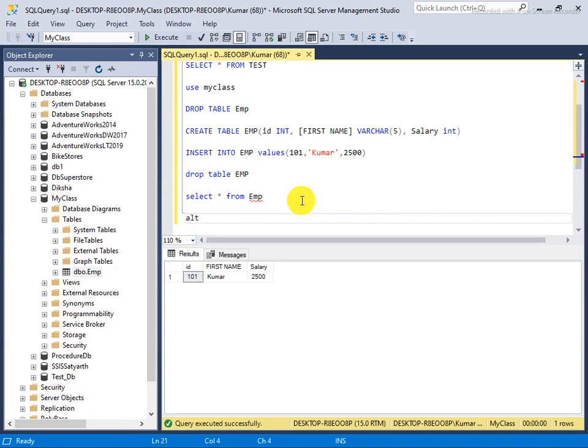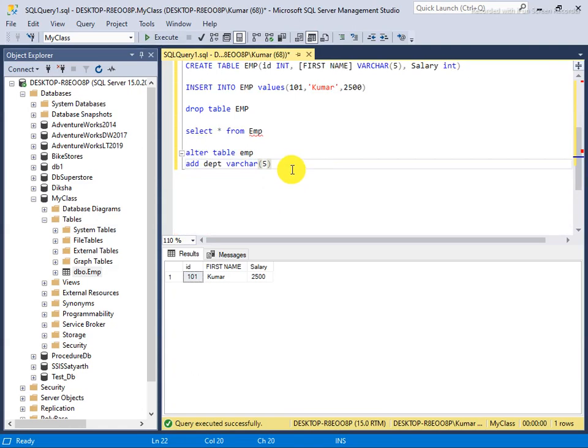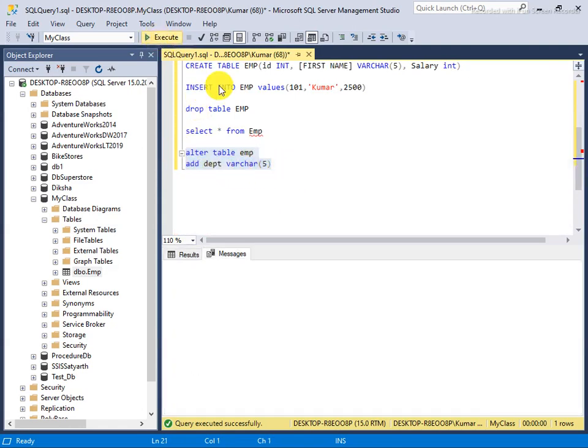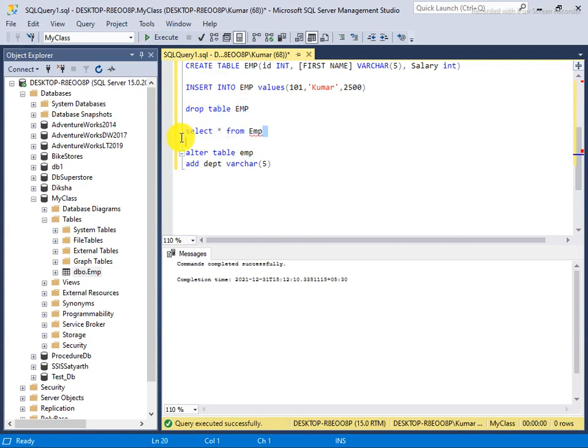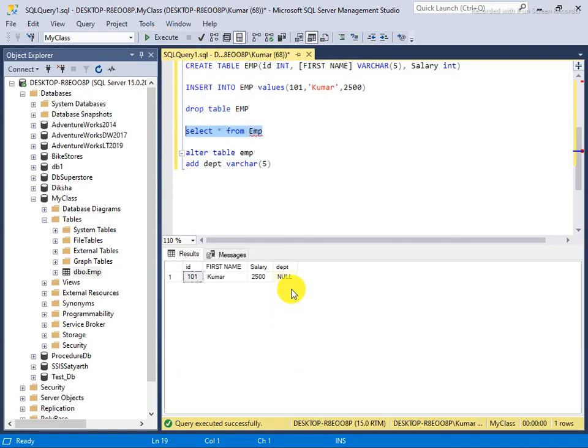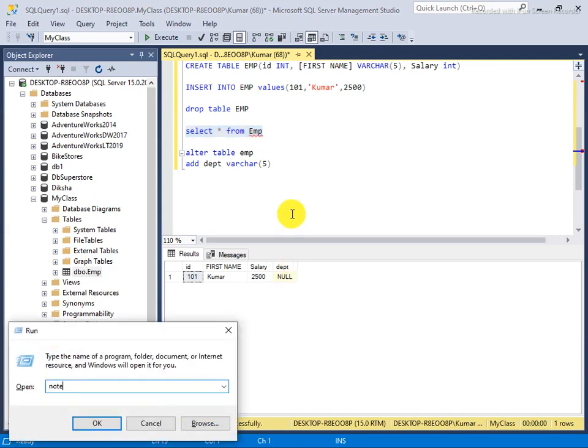So that's the alter table, and the name of the table, which is EMP, and I want to add a column, so I will say add column dept, the name of the column, and its data type, which is varchar 5. Varchar 5 means it will consist of a maximum of 5 characters. Okay, so when I execute, it's showing as successful, and when you run it, you will see the department column has been added here.